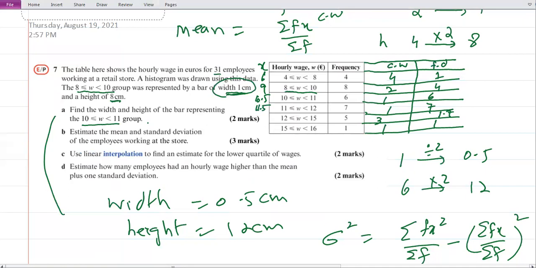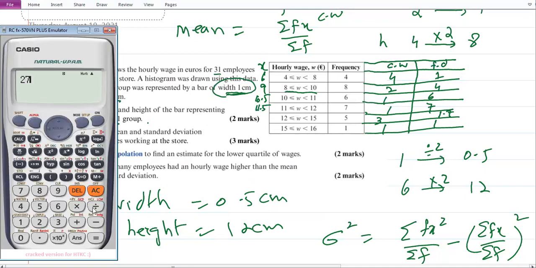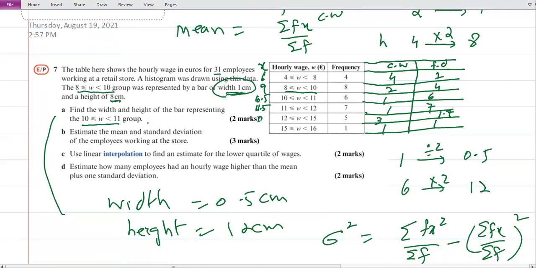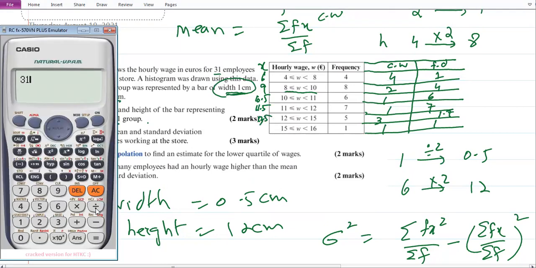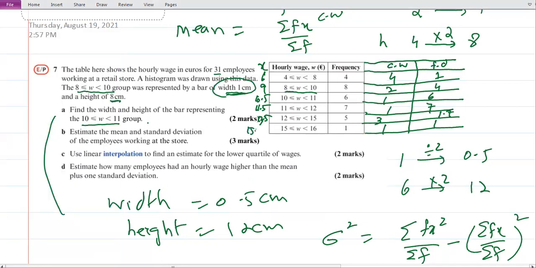Now 27 divided by 2, it will be 13.5. And 31 divided by 2, it is 15.5. Okay, that is your x. But you know, for standard deviation you also need x square, so you can make a column for x square here also. You take the square of each x and write them, and then use this for the mean and all that you did already.